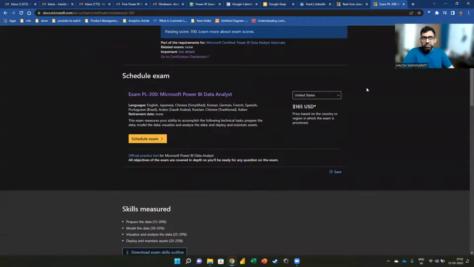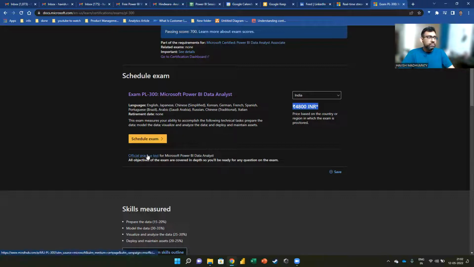See, they have written this in a lot of detail. India is only 4,800, and you can even give it at home, right? You just have to take different images of your room to make sure that you're not cheating. It will be proctored, so somebody will be sitting, ensuring that you're not talking to somebody else or taking help. But you can give it from home. That's how I gave my examination.